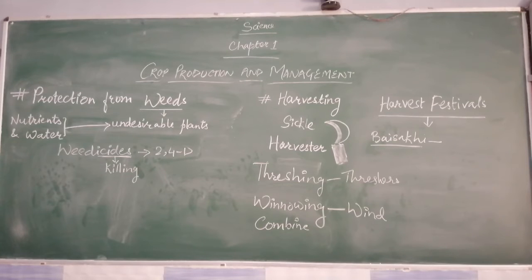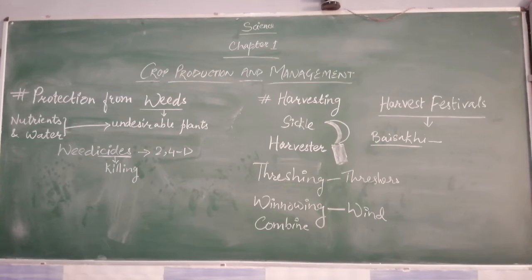Now, in ancient days, the harvesting was done with the help of a sickle. Nowadays also, for small farms, a sickle could be used. You can see the diagram on the board which shows you a sickle. It is a C-shaped instrument with a knife-like sharp edge in the center. The center portion of the sickle is sharp like a knife, and it has a handle to hold it. Now the farmers simply use it to cut the crops or to harvest the crops.